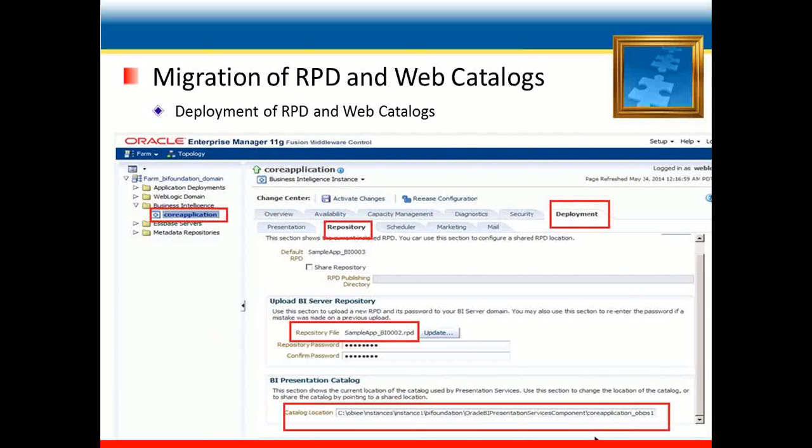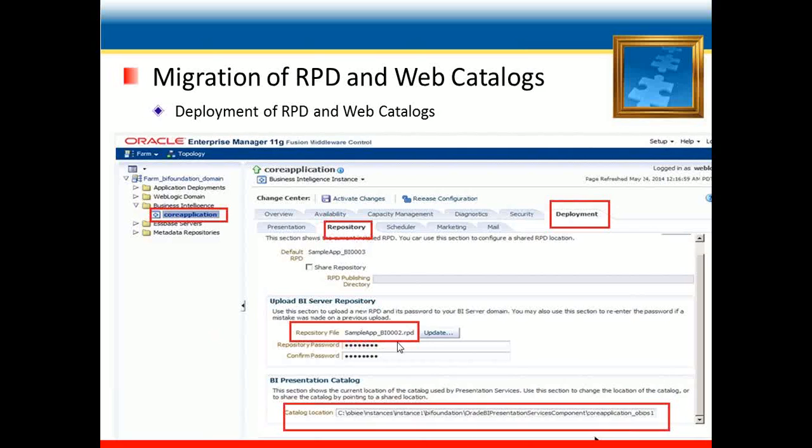We have already copied this RPD and web catalogs to their appropriate locations on the new server from the previous one, and we just need to log in with the Enterprise Manager console, and under Business Intelligence we have to select the coreapplication like this screen, and then under the deployment tab that I have mentioned in the screen, click on the repository tab, and we have to upload the BI server repository, and we just have to